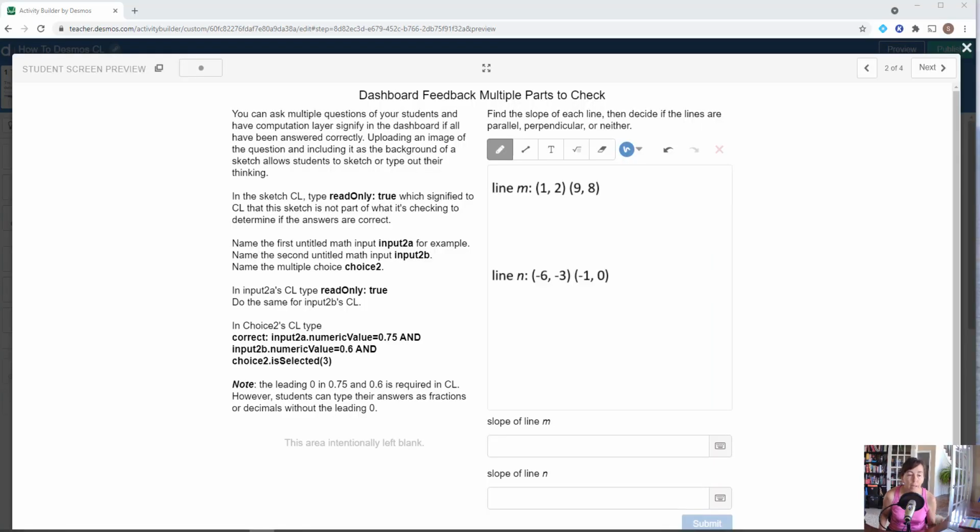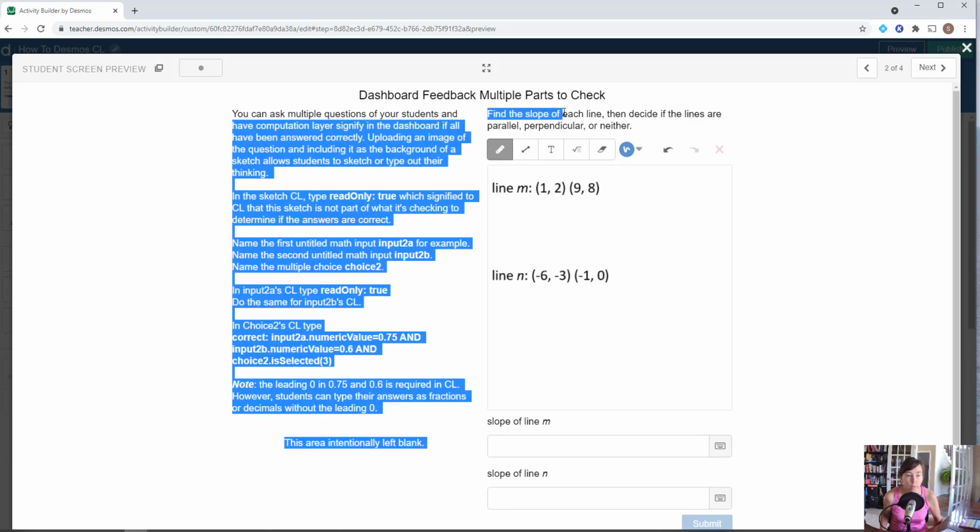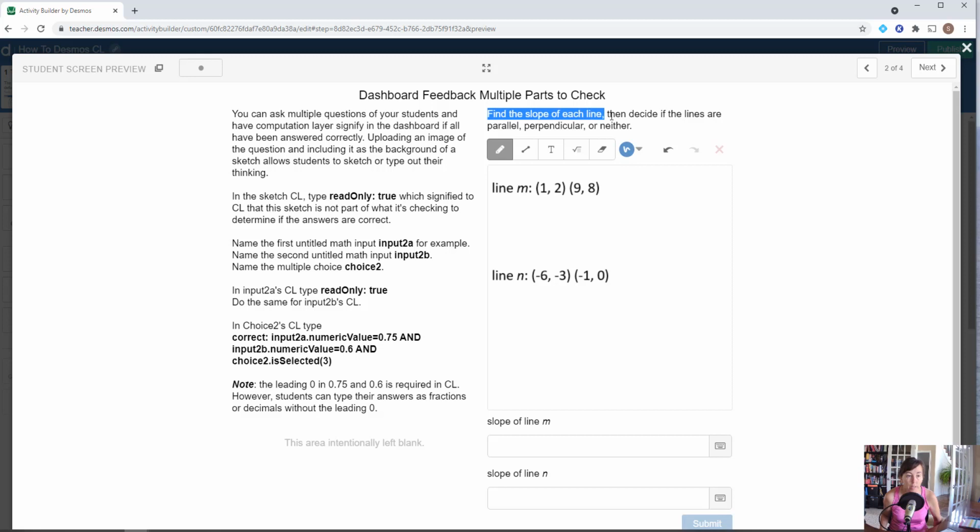So what if we want feedback in the dashboard that checks multiple responses for correctness? Here we have a situation where we're asking students to find the slope of each line, 2 lines, and then decide if those lines are parallel, perpendicular, or neither. By creating an image of this question and putting it in the sketch layer, students can sketch their answers